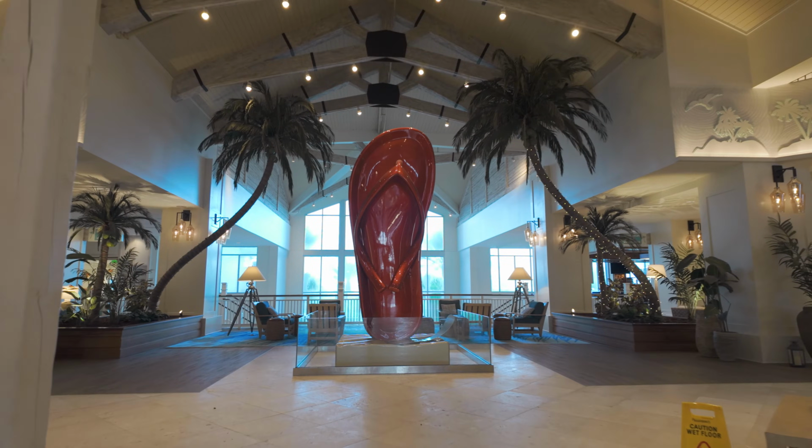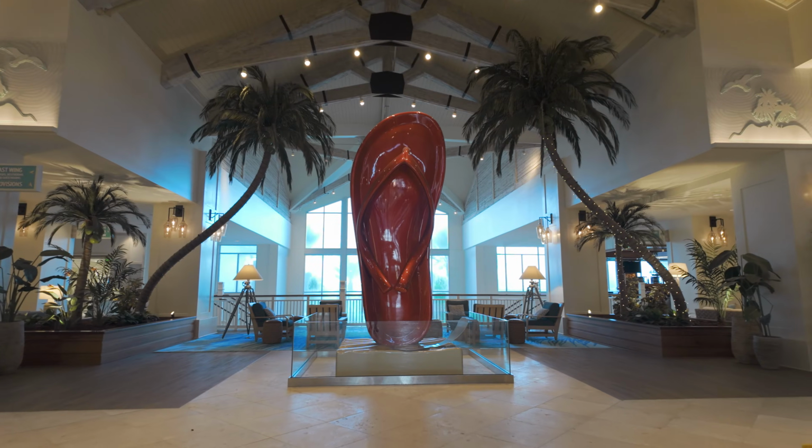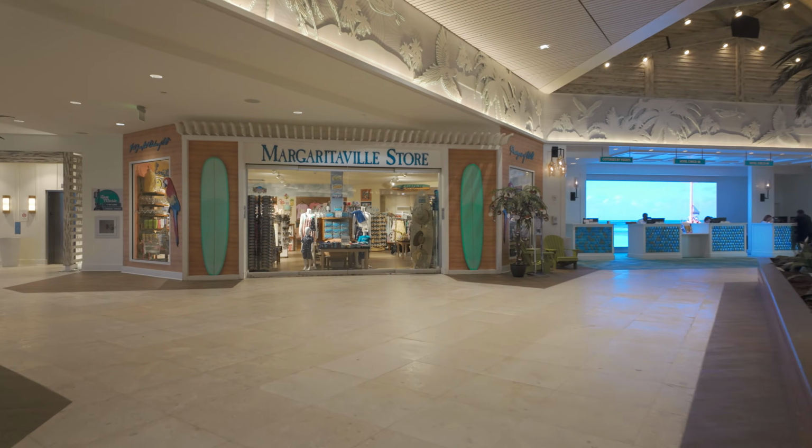Further into the lobby, you'll find the iconic Margaritaville flip-flop statue. The statue is a popular photo spot for guests looking to capture a memorable moment during their stay here at the Margaritaville Resort. Turning right from the statue, you'll find the resort shop and the check-in desk next to the